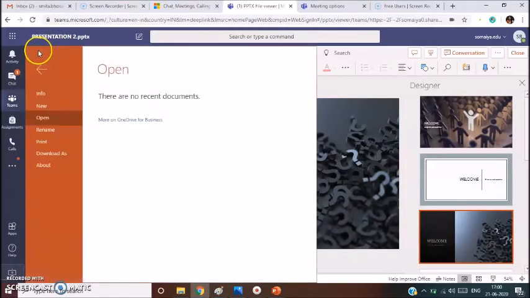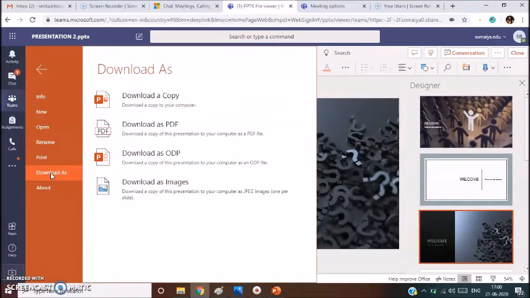Click on file to save your document or rename your document, and you can also download the document. So click on download. It will also give you the option to download as a copy or a PDF or ODP or as an image.